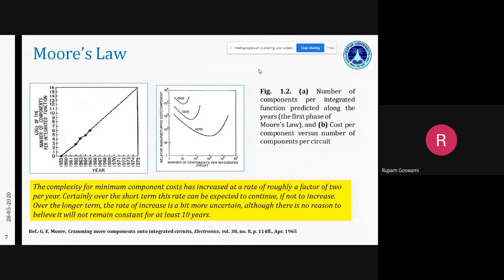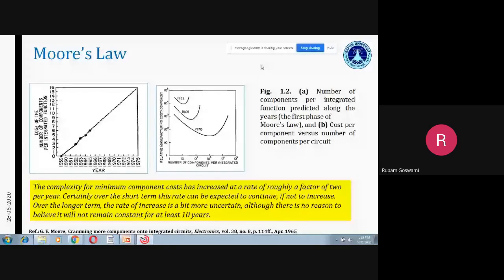Interestingly, he deduced this just from a set of only 3 data points. So this shows how eager he was to expand the semiconductor industry. After that, however, he realized that the doubling would occur every 18 months instead of 24 months. And thus, he gave the second version of his prediction, which was later known as Moore's law. So what you see on the screen are some of the data set points collected from his